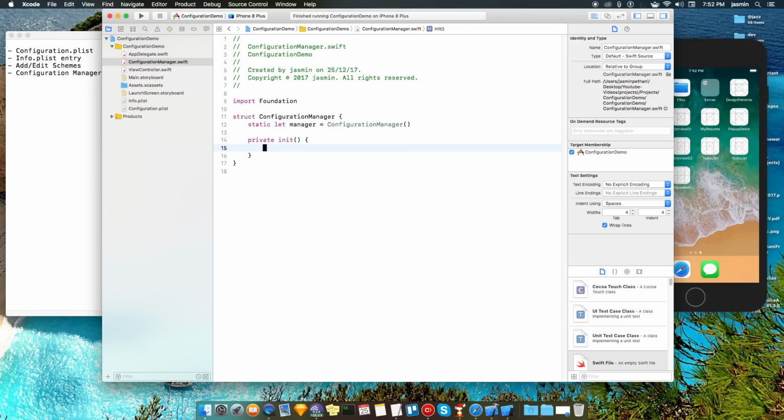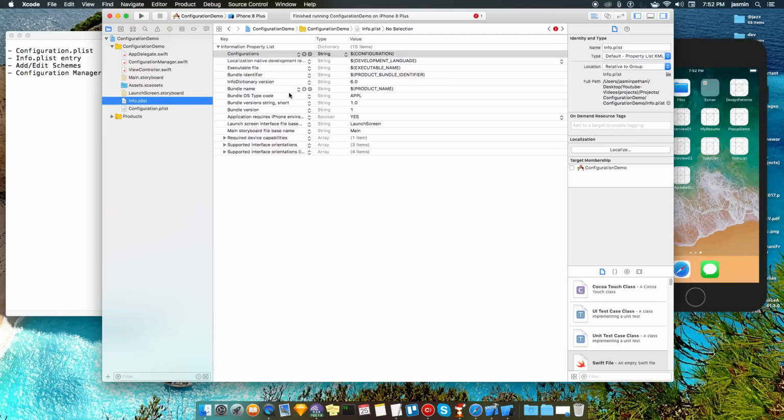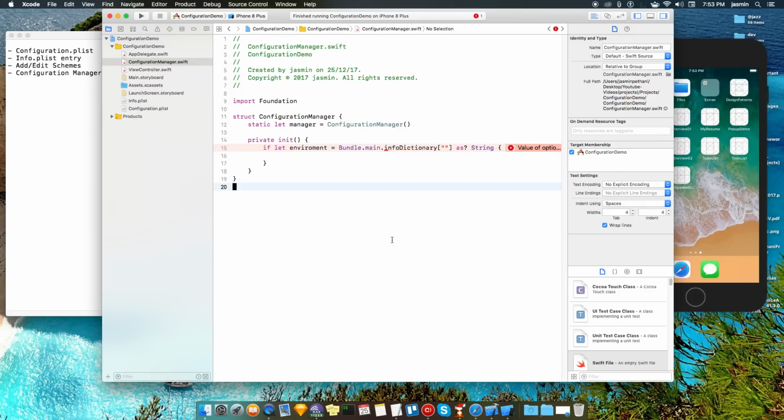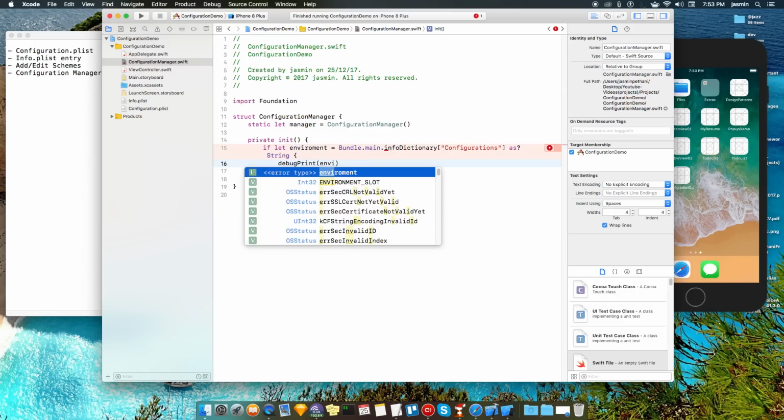When we initialize it the first time, we need one thing from the bundle, that is the environment name. Is it production or development? So how can we find it? From Bundle, the info dictionary, we will give one key, which grabs whether it is the environment or not. What is that key? The key is this, our custom key. So I am putting this configuration over here and printing the environment key value.